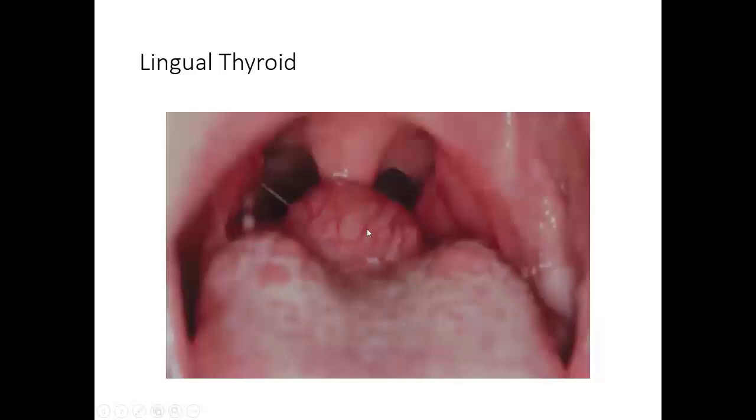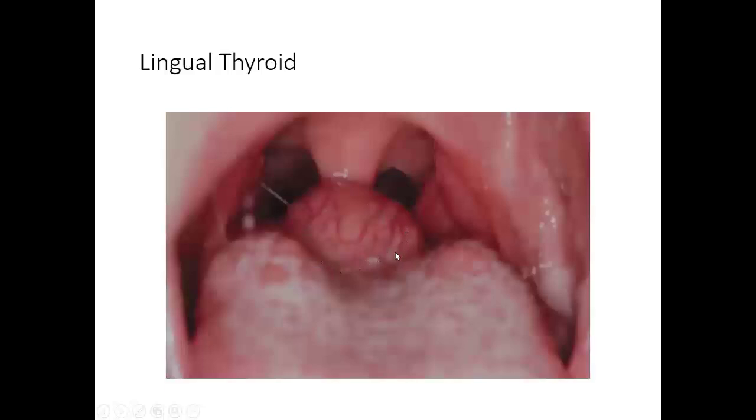So most of the time this is asymptomatic, and if they have symptoms, we might consider removing this, but sometimes this might be the only remaining thyroid tissue in the body. So the only way to find that out is to do an ultrasound scan of the neck and see whether the thyroid gland is in the normal position, and then do a radioisotope scan to see whether the activity of the thyroid gland is normal. So if you have a normal thyroid gland with normal activity in the neck, you can afford to remove this. If not, we will just leave it there